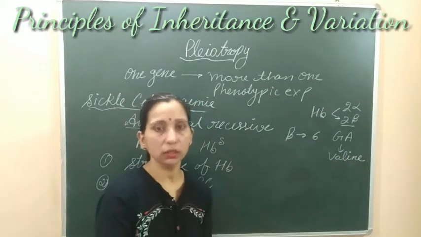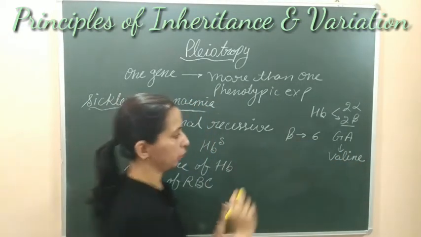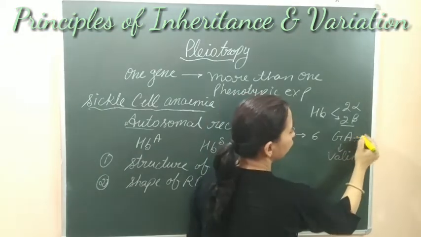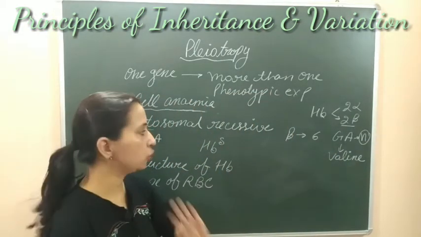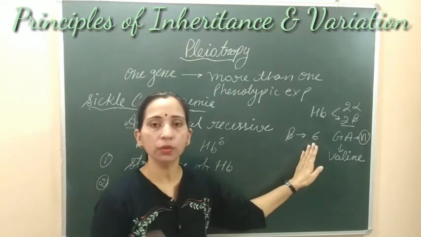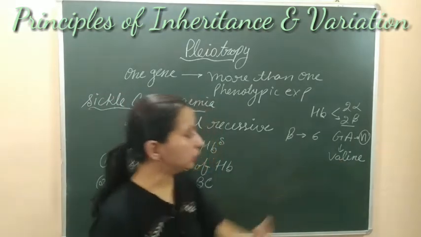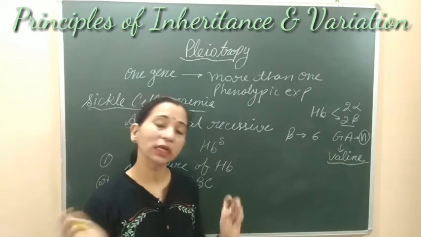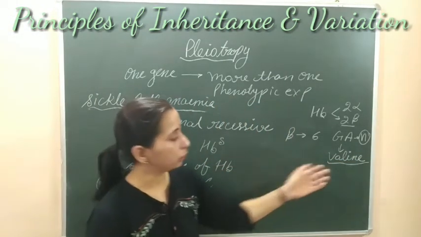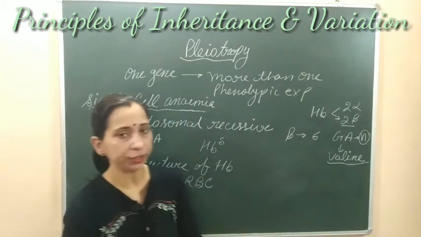Earlier it was synthesizing the glutamic acid in the normal condition. जब glutamic acid का synthesis हो रहा है, then we call it normal. This is a normal hemoglobin in which at the 6th position of beta chain the glutamic acid is present. But in the point mutation condition, this glutamic acid gets converted into the valine, or it will start forming valine. This is a mutated structure.